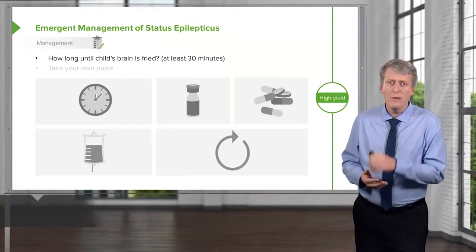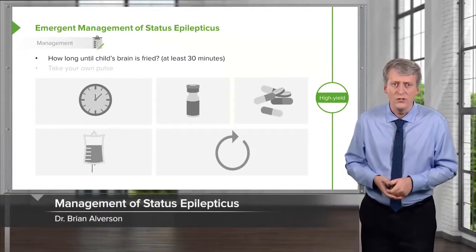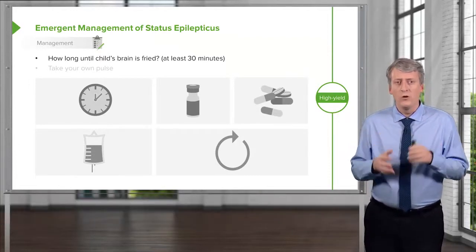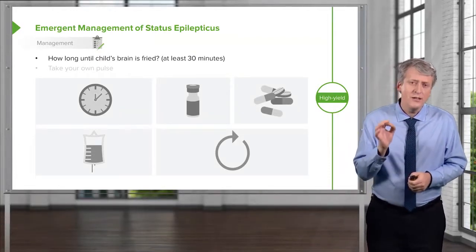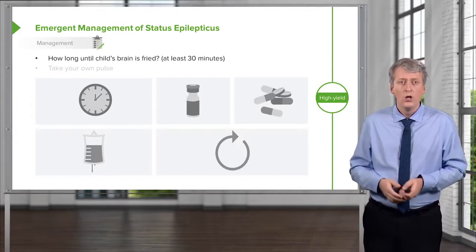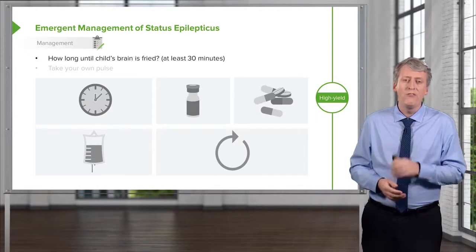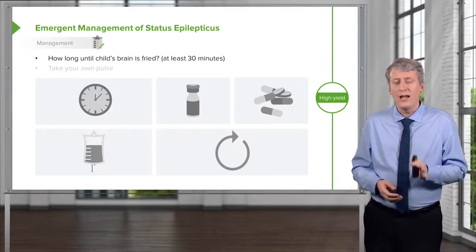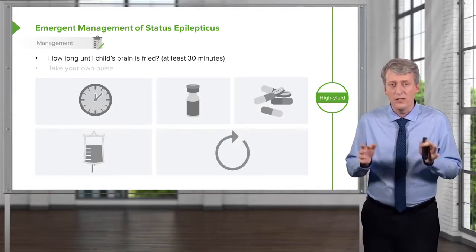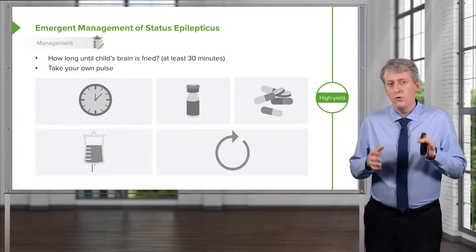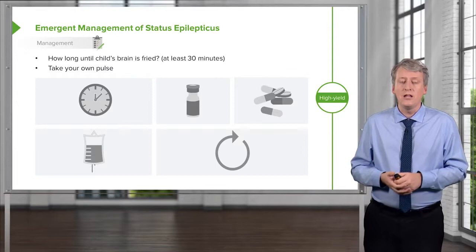So if you see a patient who you suspect is having a seizure, what do you do? Well, the first thing we have to remember is how much time has been going on. It's key to ask the question, when did this start? Remember, it takes at least 35, probably 45 minutes before a baby or a child is going to have brain damage from continuous seizing. The first thing you should do if you encounter a patient seizing is take your own